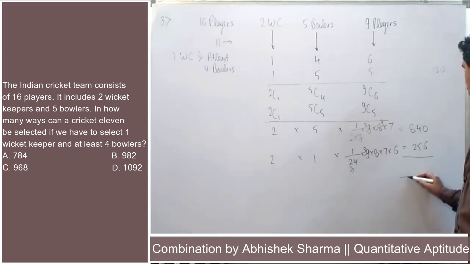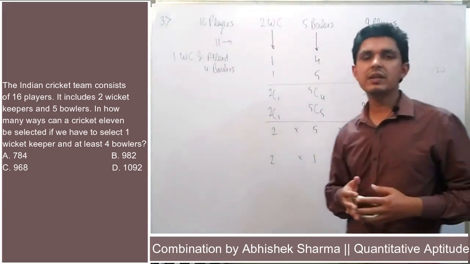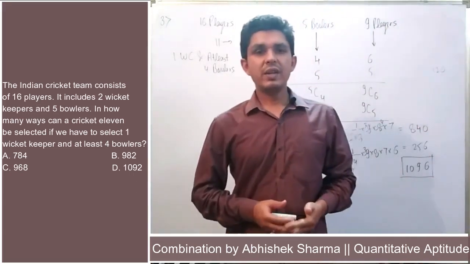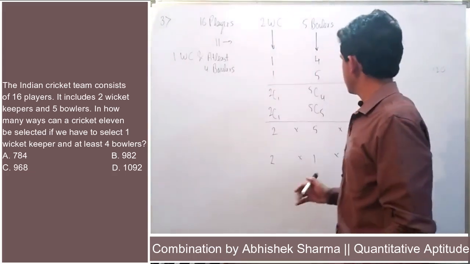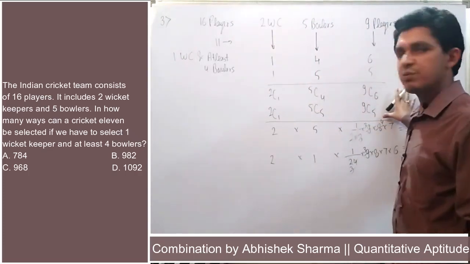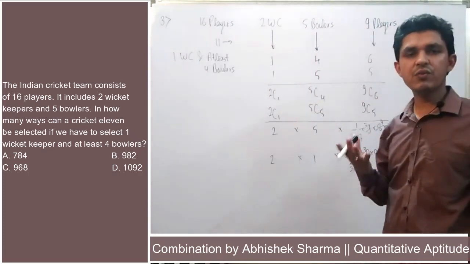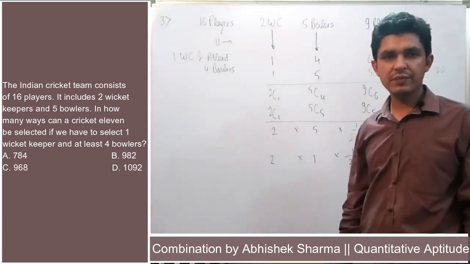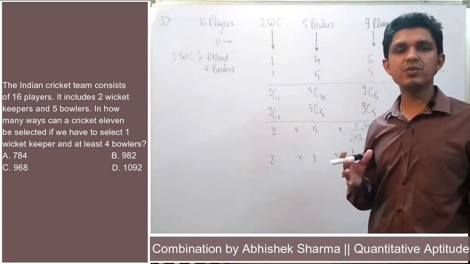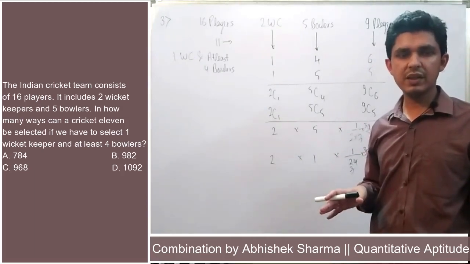Either we are given this case or we are given this case. When two things are in OR, we have to add them, so this will be 1096. Right? So I guess the question will be clear. All in all, what we have to do in the question, once this selection part has been done and we know how the formula will open, we can reach the answer very easily. But the main problem is making the condition part, right?